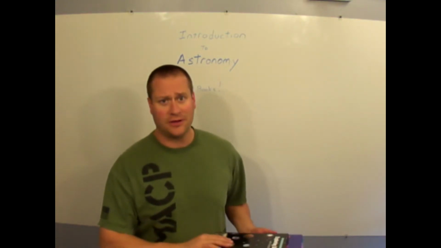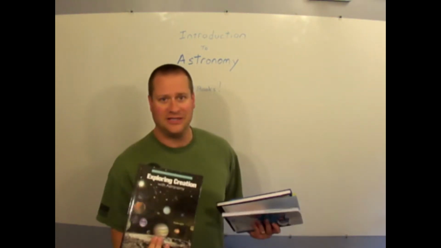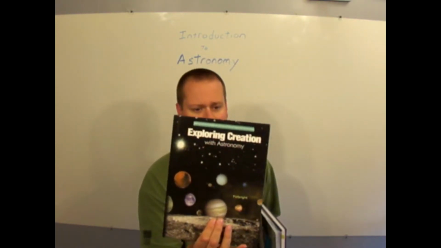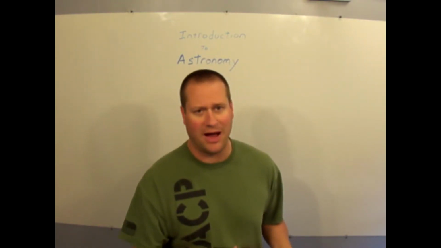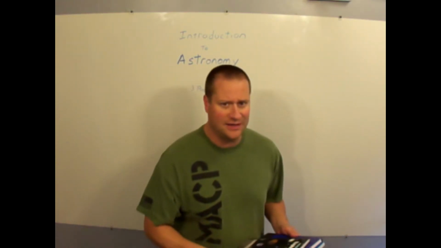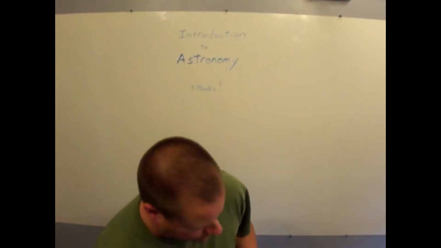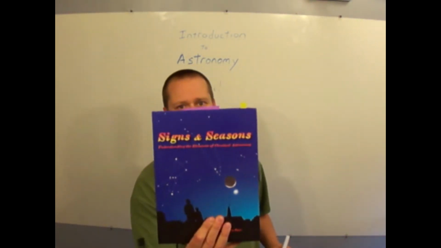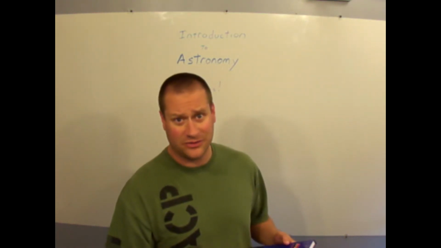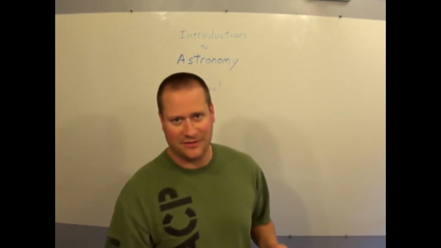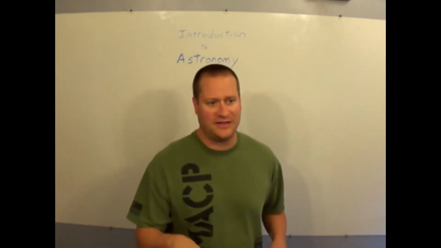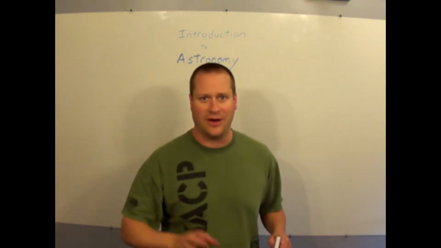There are 3 books for this class that I will be teaching from that you do not have to have. The first one is Apologia. We're going to use this one to study modern astronomy, what we've learned with tools, satellites, telescopes, and all that stuff. The second book is called Signs and Seasons, and this one is going to help us with our classical astronomy, the history of astronomy, the significance of astronomy. It takes astronomy from the point of view of standing on Earth and what you can see with your eyes,